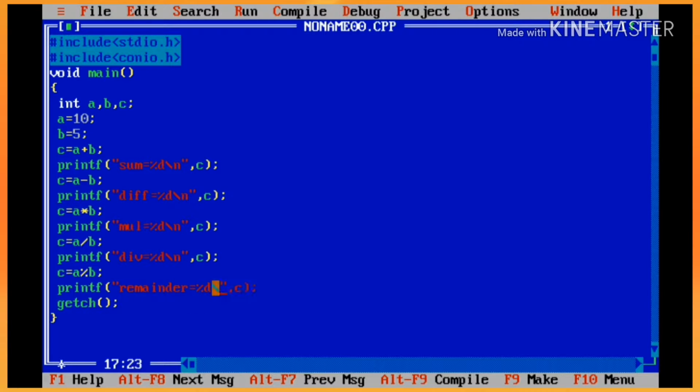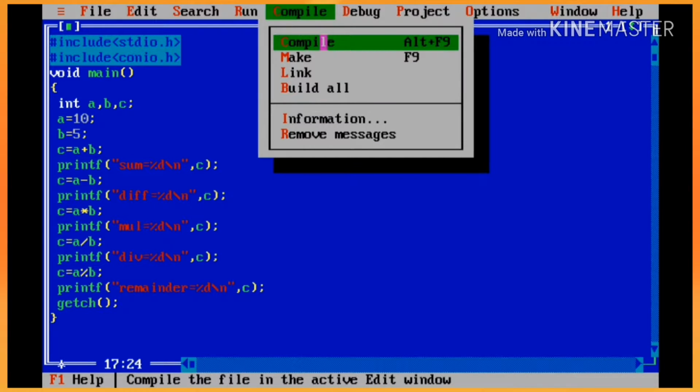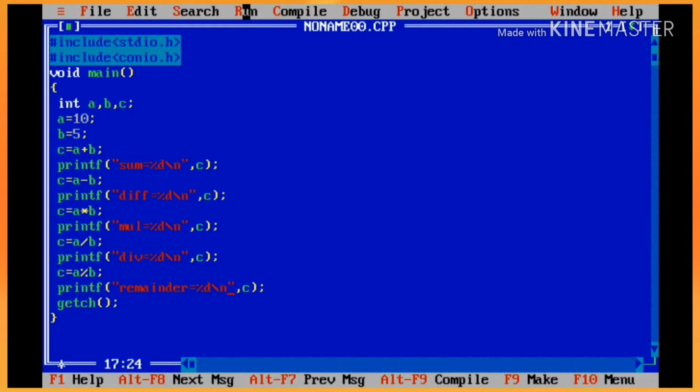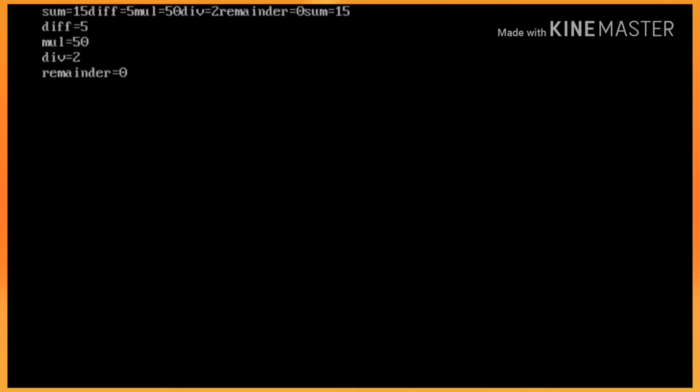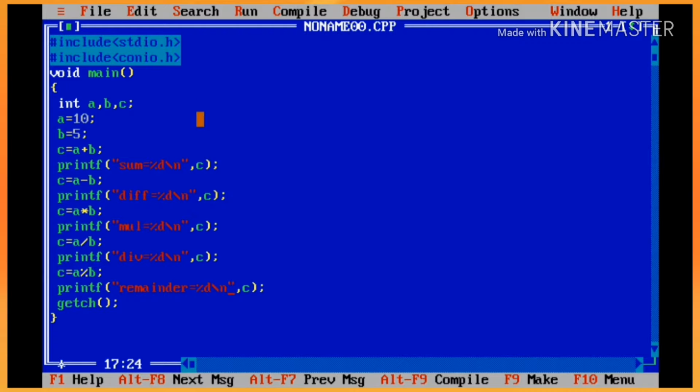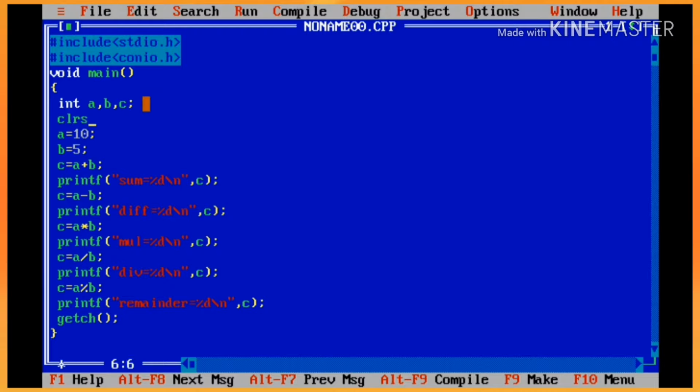Now we will see our new output. In compiling, no error, no warnings, then running our program. Look, we are getting the previous result and the new result in different lines. So we need to input the clr command also to delete the previous output.